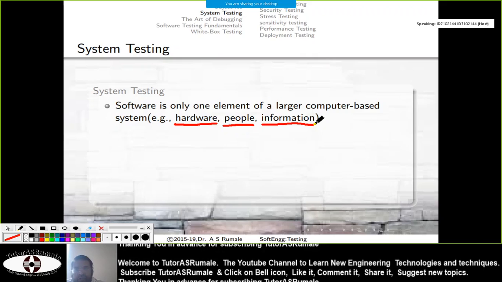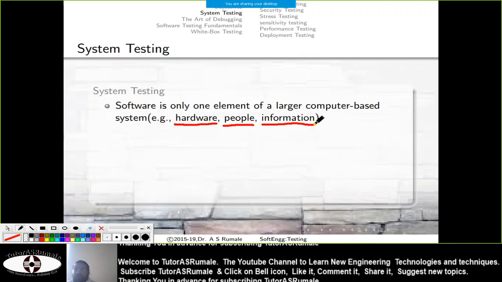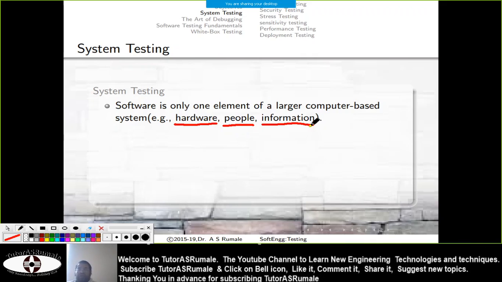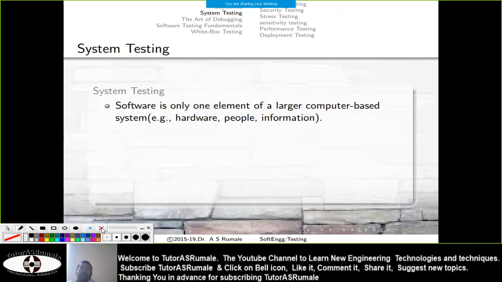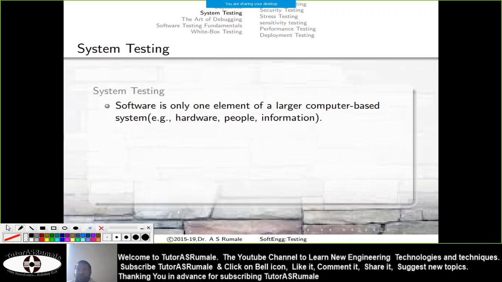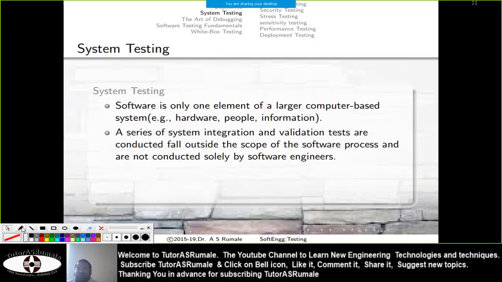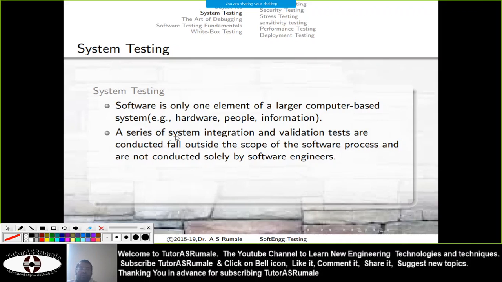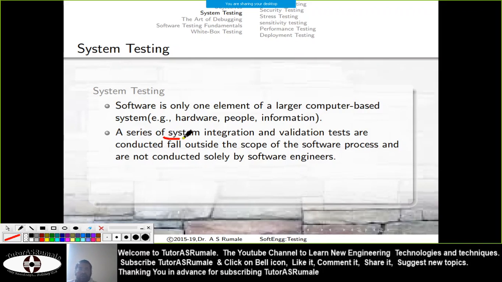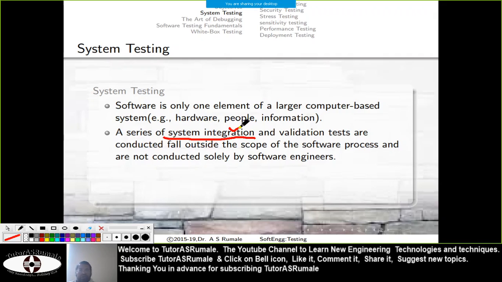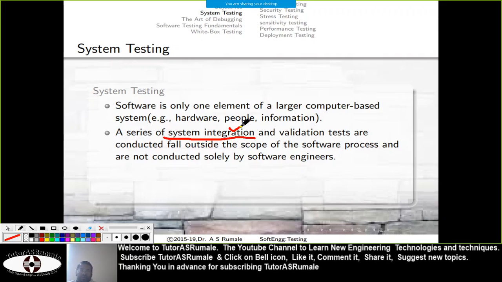So when we say software, it is not just the piece of code that you have written. It is the entire system, and this system's ecology encompasses many other things than only your application. So when it comes to this system, you require a series of system integration, because your software gives you the output only if proper integration is there. Your application needs to be integrated with the operating system first in a proper way.